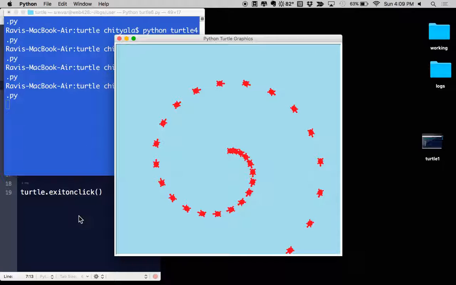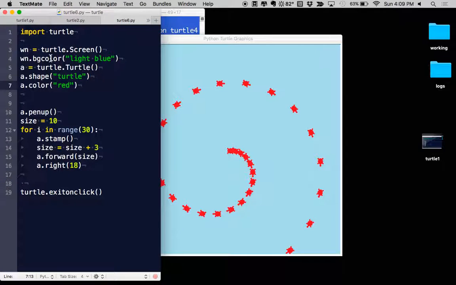Okay. So, so far the code is very similar. And then the pen up is also the same. It was there in the previous one. And I said reduce the size to 10 instead of 30 because the spiral is getting out of control. It was going too big. Then I have a loop which says for i in range of 30 instead of range of 20, I'm saying a dot stamp, which means it's going to put the first turtle in place. Then I'm saying size equal to size plus 3, which means at every point I'm going to increase the value